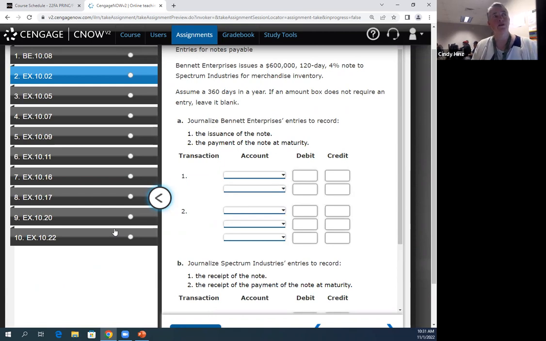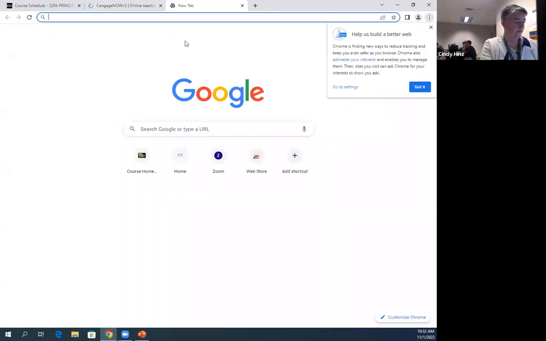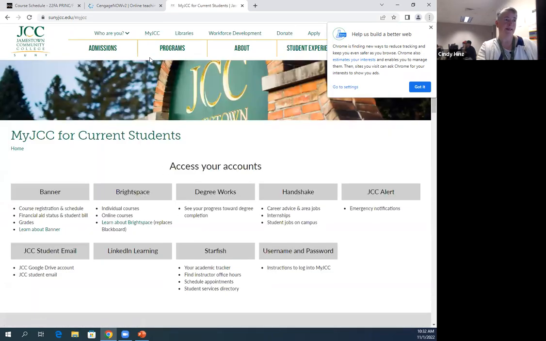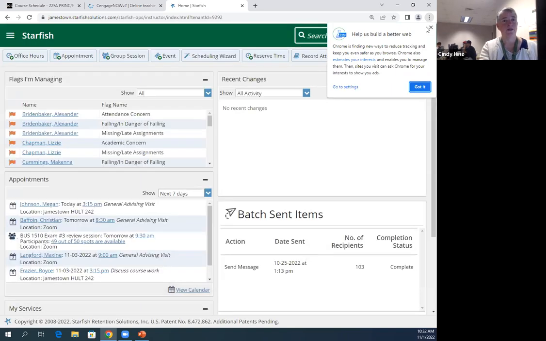How do you sign up for the review session? I can't show you, but I can kind of tell you. So the question is, how do you sign up for the review session? You need to get into Starfish. If you don't know how to get there, the easiest way might be to go from the My JCC tab. You're going to sign in using the same